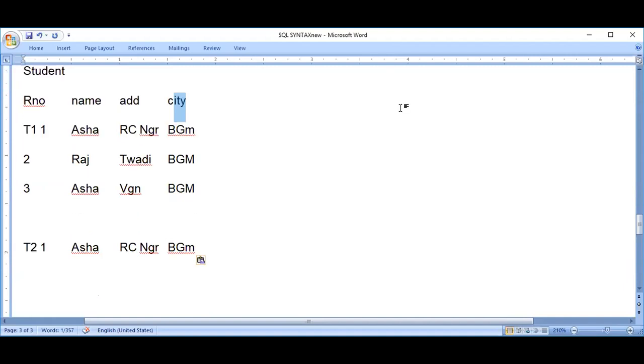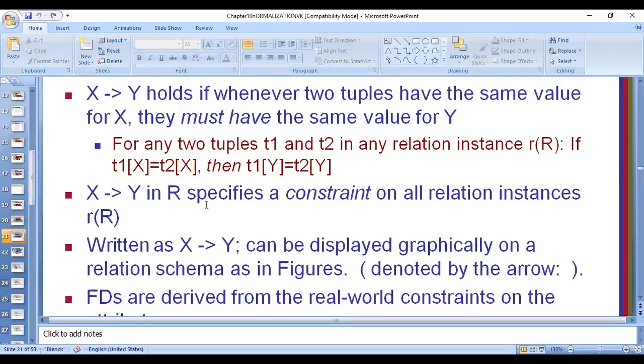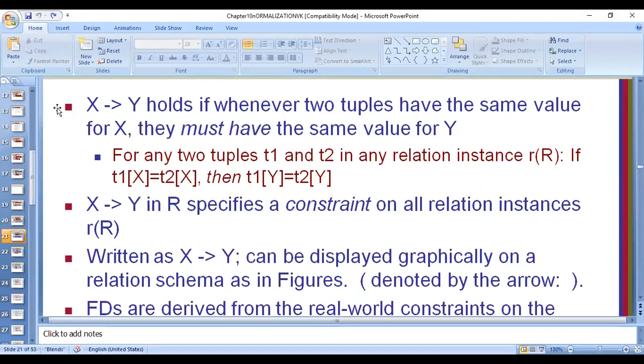When asked in the exam, what will you have to write? You will have to write this definition. What is the definition of functional dependency?